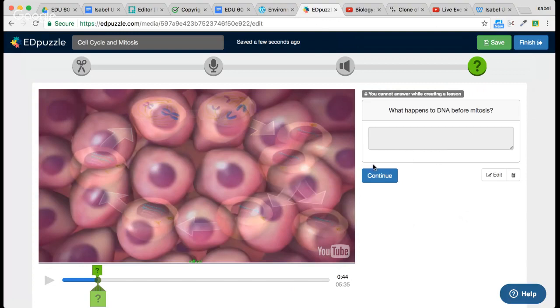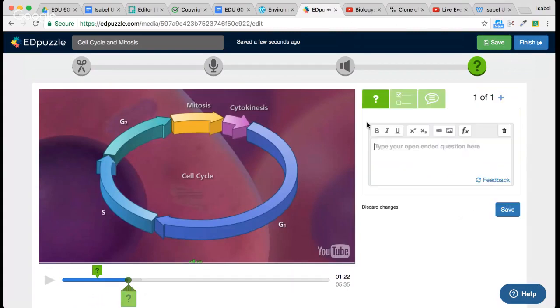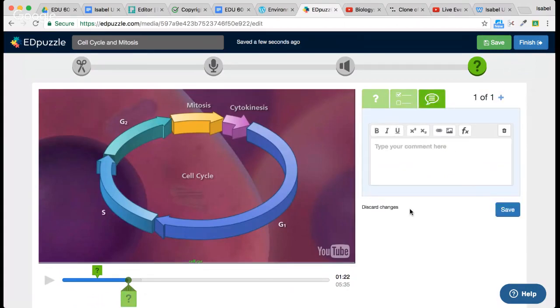Hit save. I can add a different type of question that is maybe multiple choice based. And then I can also just have students comment on the video. So EdPuzzle is powerful because it allows students to be watching a completely self-guided video independently. This could, while some students are watching the video, enable the teacher to work with other students on a different